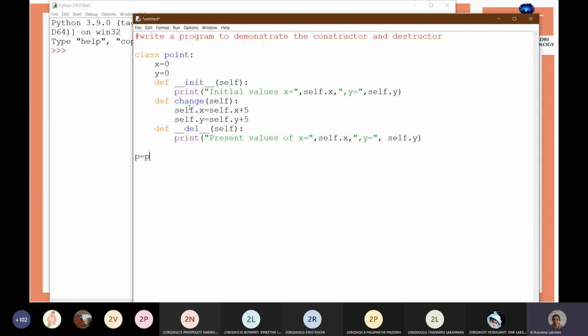Okay, now we'll create an object for this. p equals Point, the object is created. Now call the function p dot change. Again, one more time, p dot change. So two times it executes the change function, and now we will change the value of p to 23.